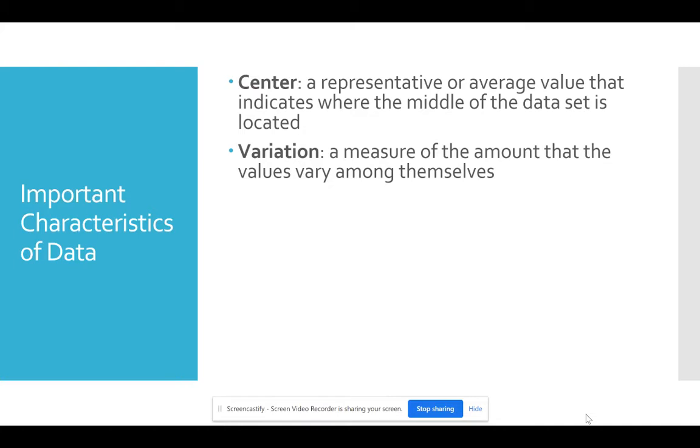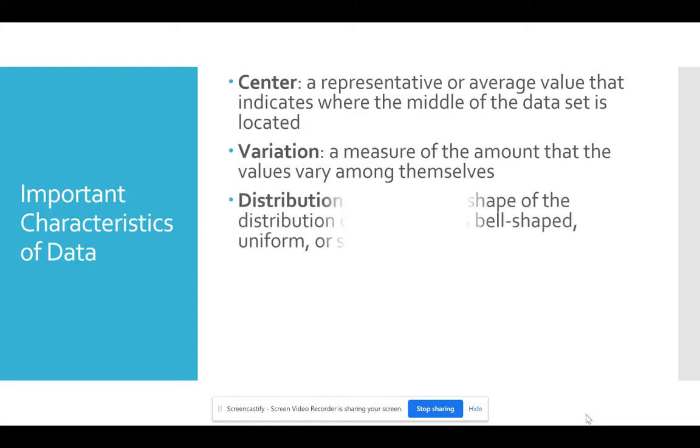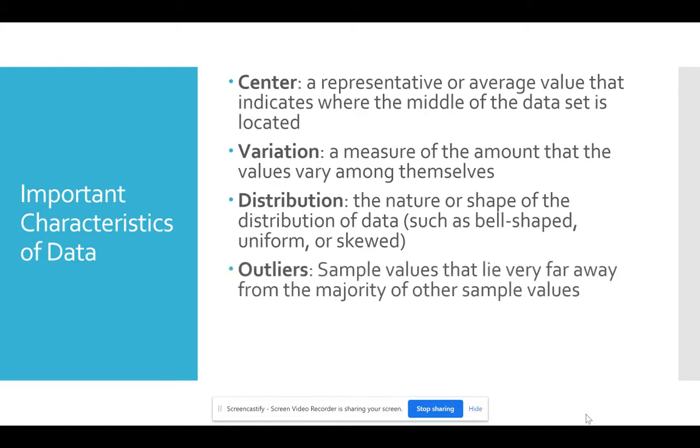Variation, which has to do with how much the data values differ among themselves or possibly between different data sets. Third is distribution, which deals with the shape of the data. How is it kind of grouped or clumped together? Fourth is outliers. Are there data values that for whatever reason just don't seem to fit with the rest? Always think about a horse or something that's outstanding in the field all by itself. It's just outlying in the field and it just doesn't seem to go with the rest